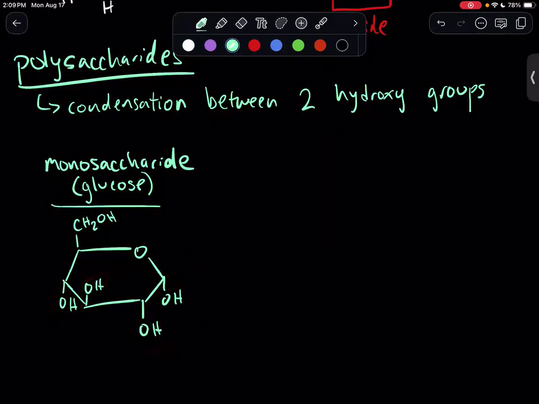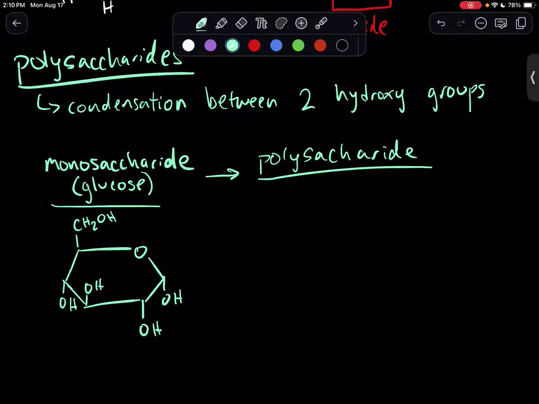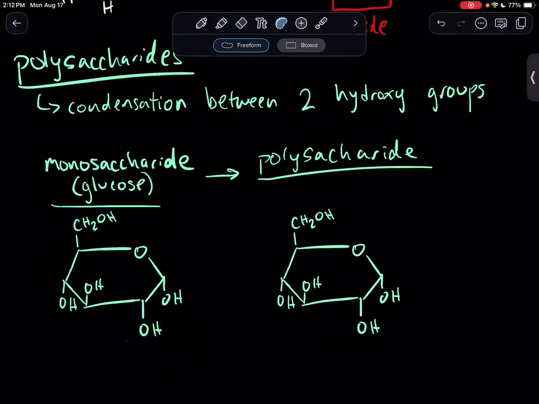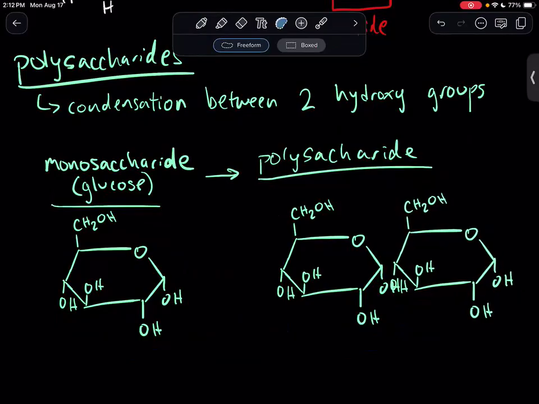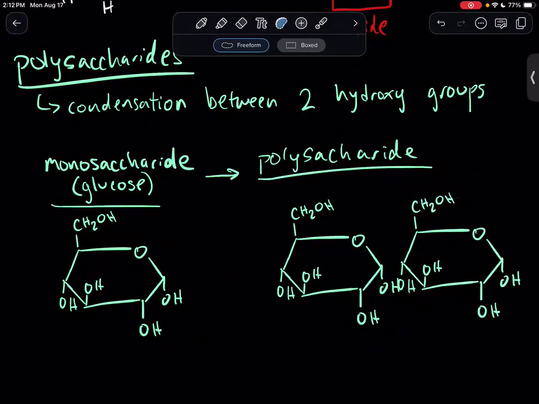Now, when we take this and we form our polysaccharide, we actually draw it a little weirdly. So for this diagram, we're going to just draw two of them. So we have our same sort of ring, and I'm actually going to cheat here. I'm just going to copy and paste my ring structure from before, and I'm going to duplicate it again. I know it's a bit of cheating, but you can pause the video and do it yourself. And I'm going to remove